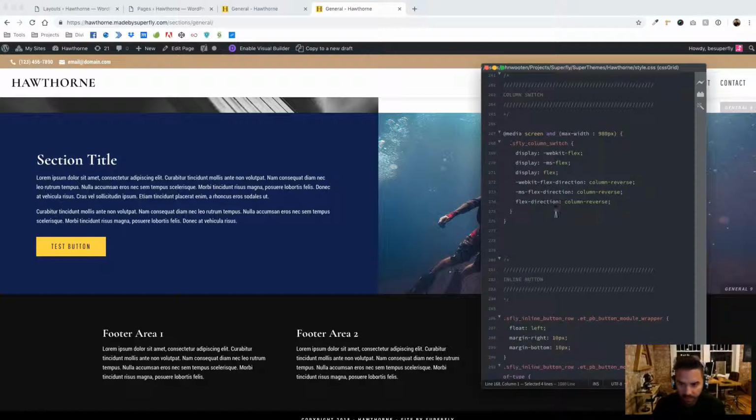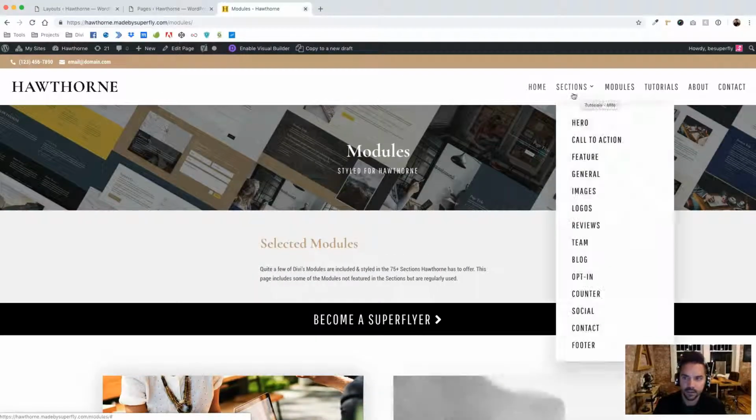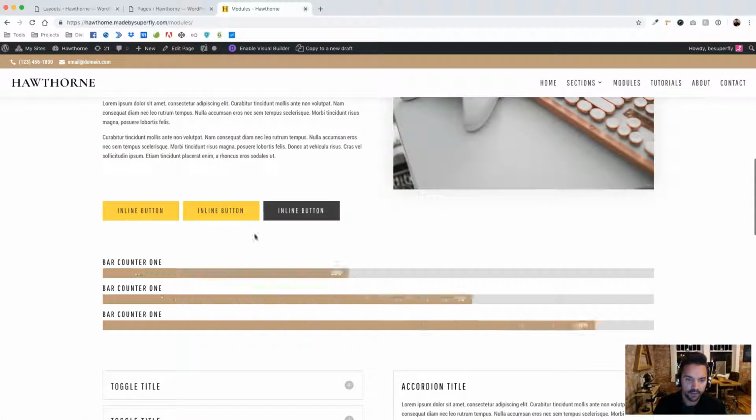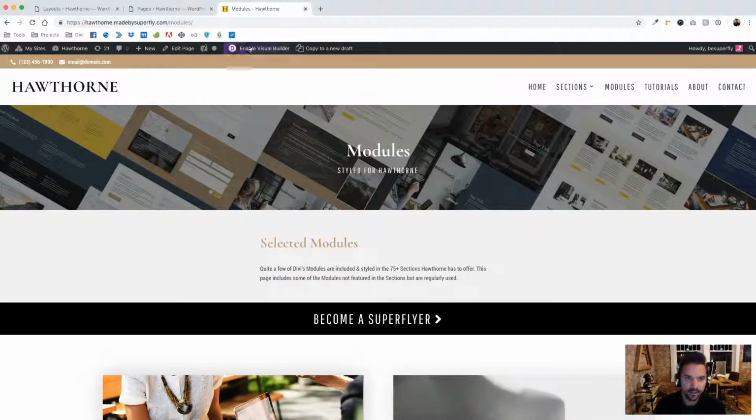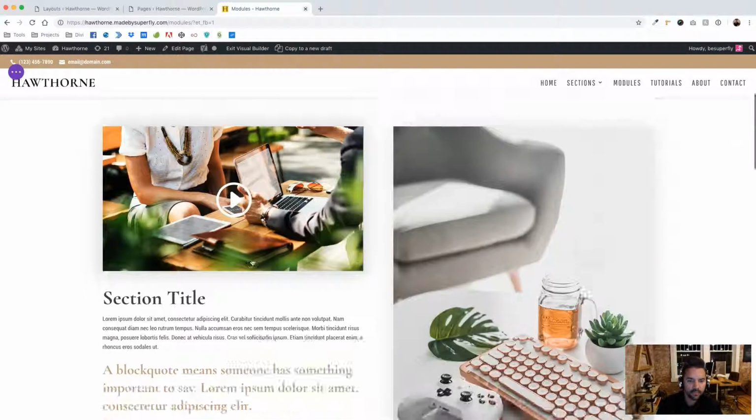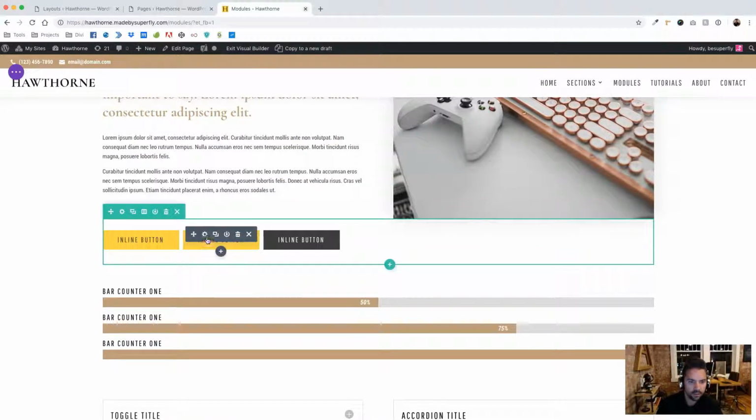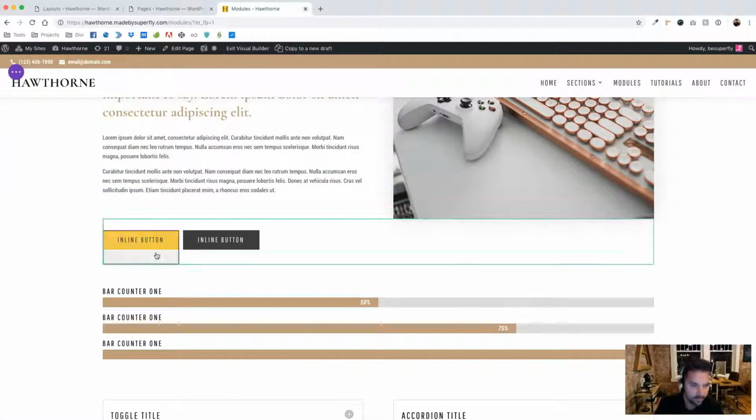All right, almost done here. A couple more things. Inline buttons. Go into the modules page here, and you'll notice that we have some inline buttons here. So I'm going to go ahead and enable the visual builder on this. Actually, I want to get rid of that second one. Yeah, this one, let's get rid of that. All right. So we have two inline buttons,